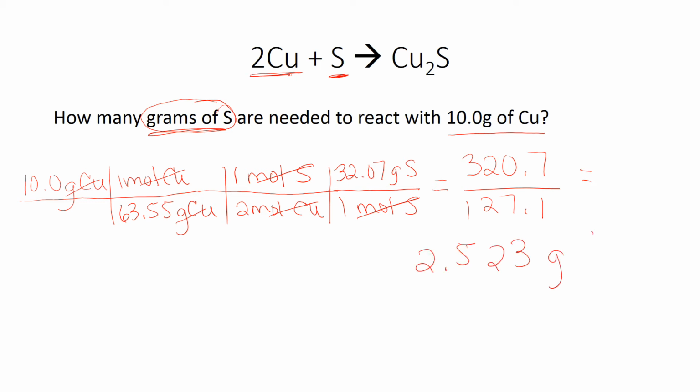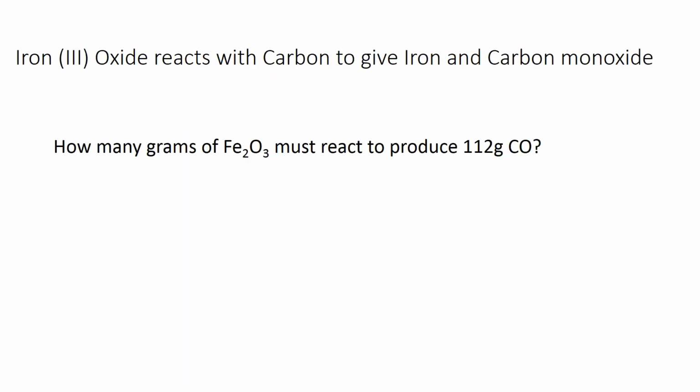2.523 grams of sulfur, and I need to double check my sig figs. My given has 3 sig figs, therefore my answer must as well. So 1, 2, 3. 3 tells the 2 to stay where it is, so my final answer is 2.52 grams of sulfur. This is probably the hardest type of problem that you're going to see, and it's one that doesn't